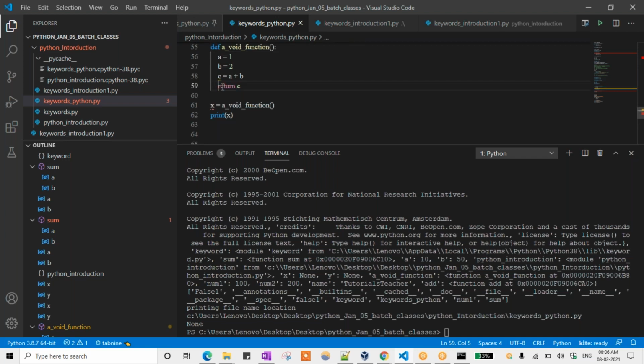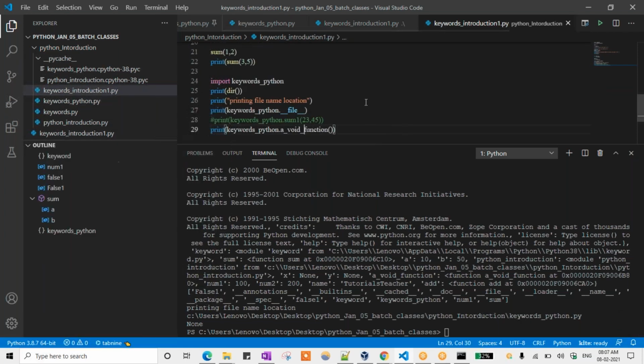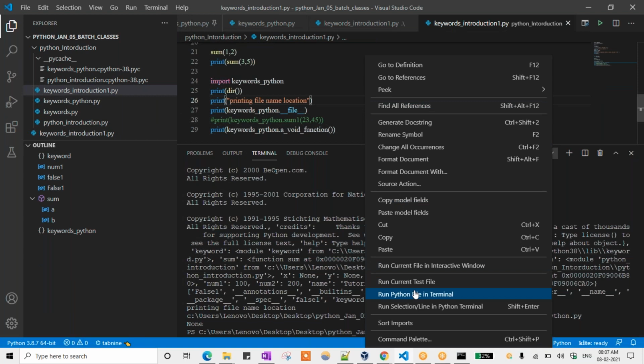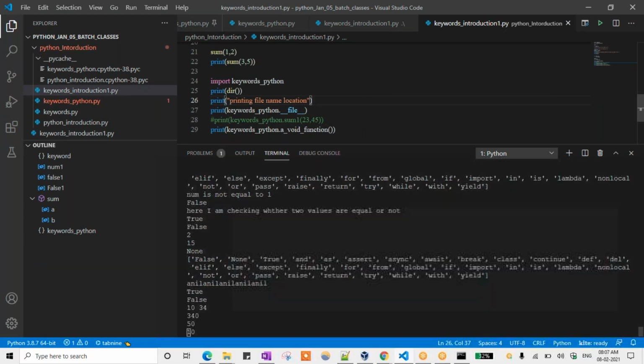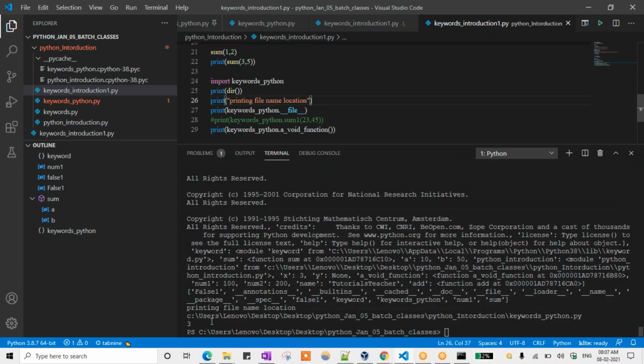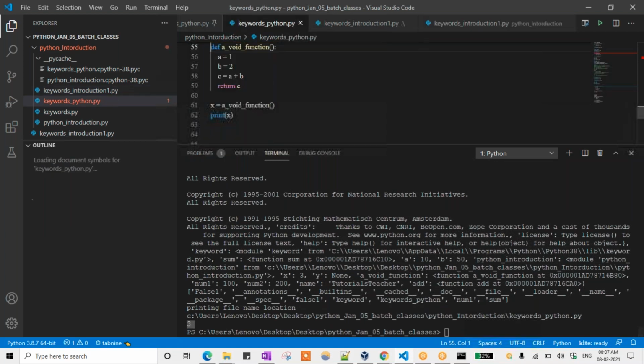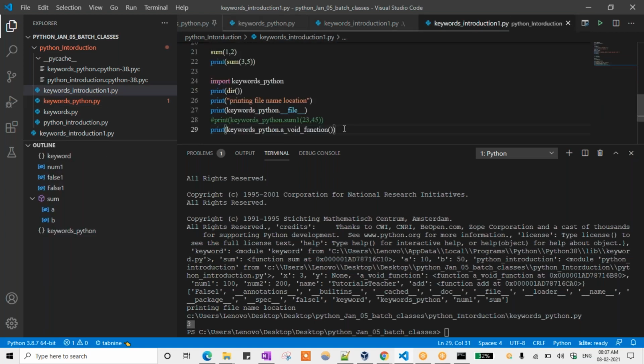And then if I return some data here, now you won't see that None value. Okay, I'm just saying that. And once again, I'm running that. See here. You won't see that None value. You will see the output of that particular file. See here, you are getting 3 here. So how it is going on is, here a equal to 1, b equal to 2, c equal to 1 plus 2, that is 3. So it is returned to that particular function. So that's why it is getting the output as 3 here.